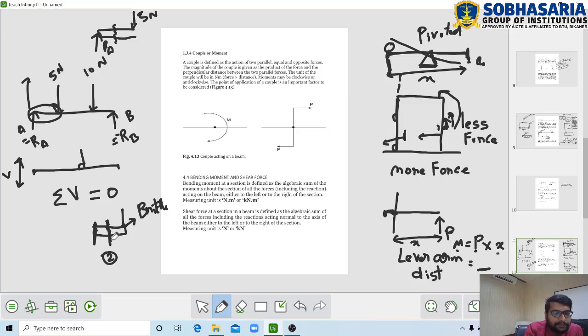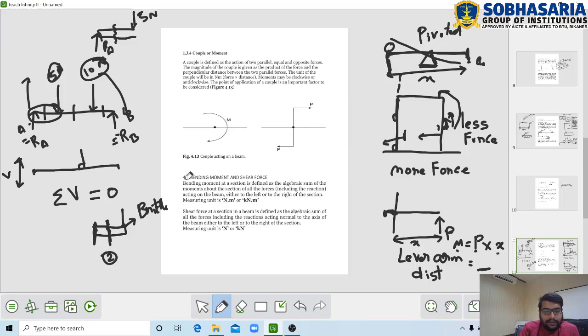across its section. So due to different reactions and different loads, the intensity of the shear force throughout the cross section of the beam will not be similar. It will differ from place to place depending on the intensity of the loads and reactions. So to graphically show these variations of intensity of vertical forces, that is the shear force, we usually draw a diagram which is called the shear force diagram.